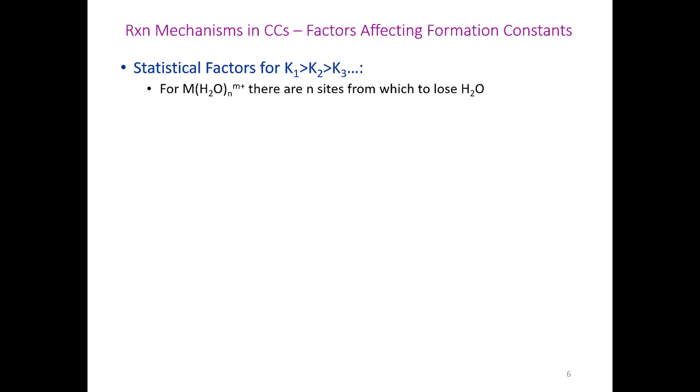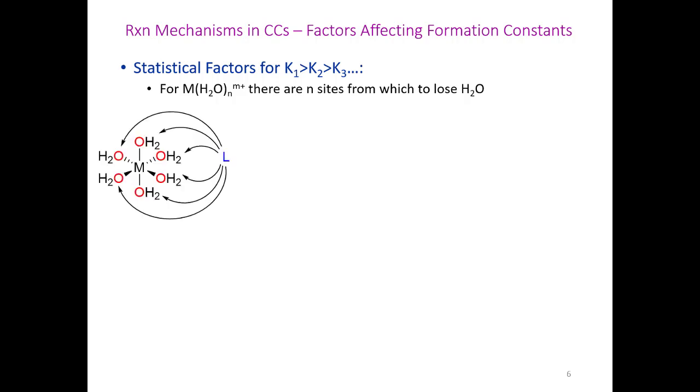One of the reasons that successive stepwise formation constants steadily decrease, that is, K1 is generally larger than K2, which is larger than K3, etc., is for statistical reasons. So imagine you're doing a ligand substitution with a metal complex that has N aqua ligands, so N H2O ligands. There are N sites from which you can lose H2O. So if it's an octahedral complex, shown here, there are 6 sites from which you can do a ligand substitution